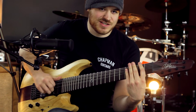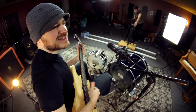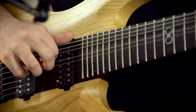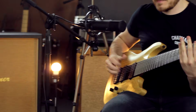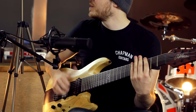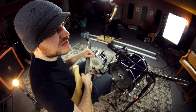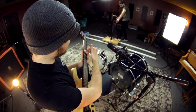And you don't need to just use it to get dead notes here. You can also use it to get some regular notes. Let's try that now. And that brings us to our next point, which is the octave. So if you're playing a note right here with your index finger, 2 frets over, 2 strings up, you got the same note there,